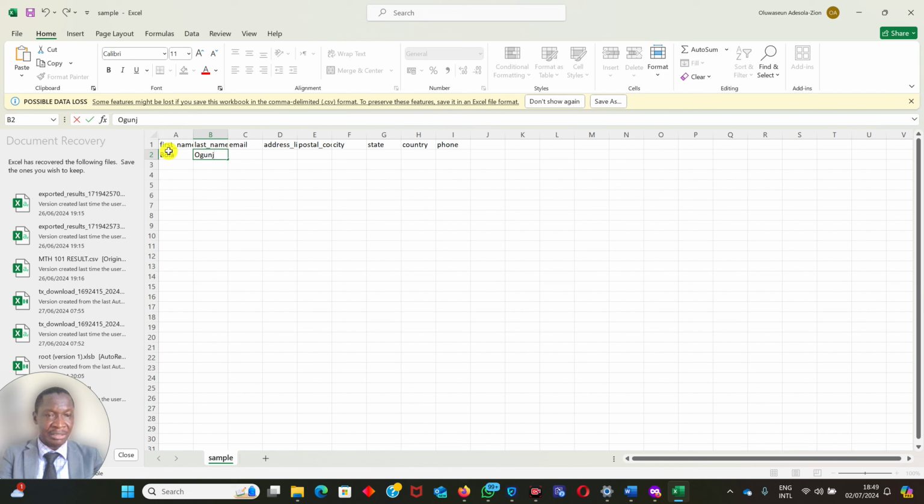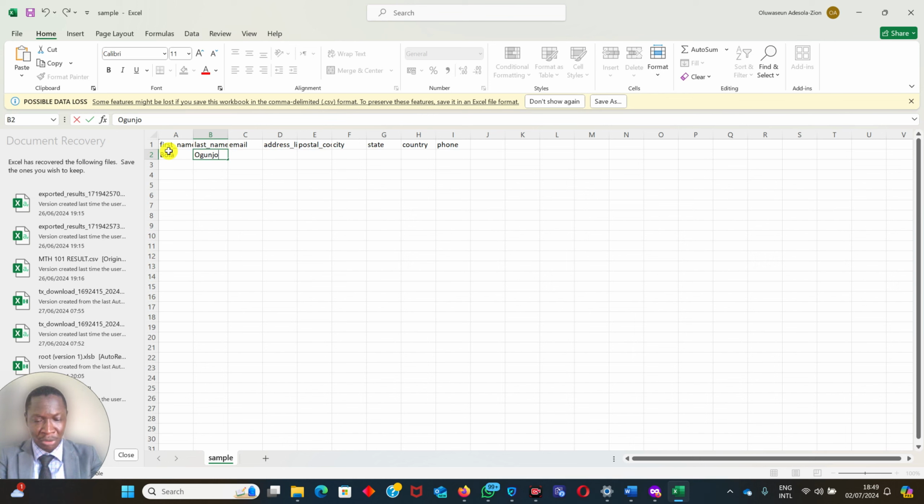Ogunjobi. That one may not help because I will need correct emails. So please, at this point, it is important to use correct email, or else you'll be having undeliverable email. So at least collect from your friends emails to use. If you don't have, follow the one I'm using. Don't make the mistake of using emails that are not valid, so that you will not have issues.